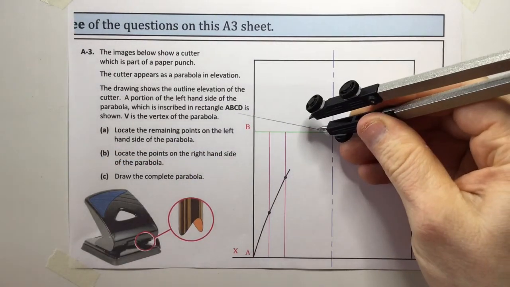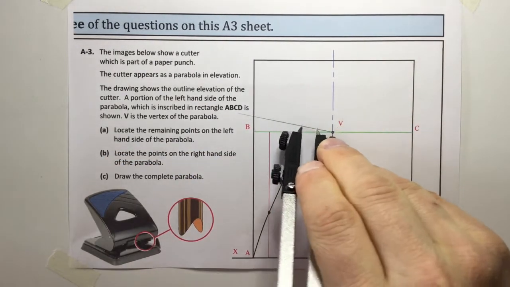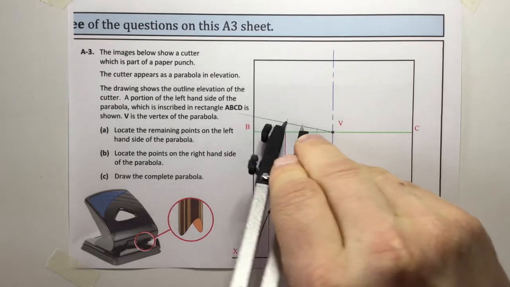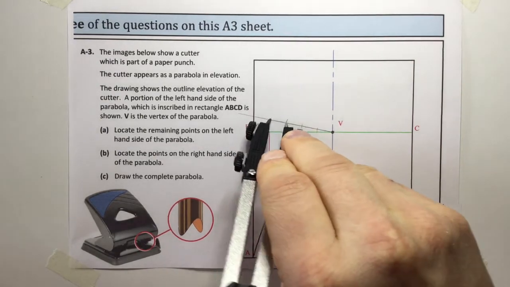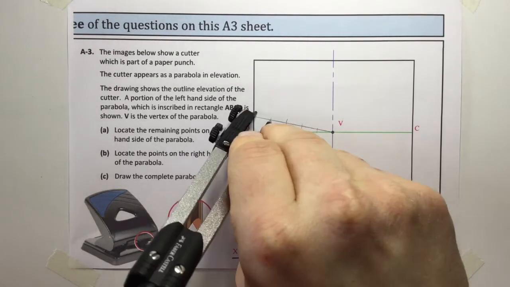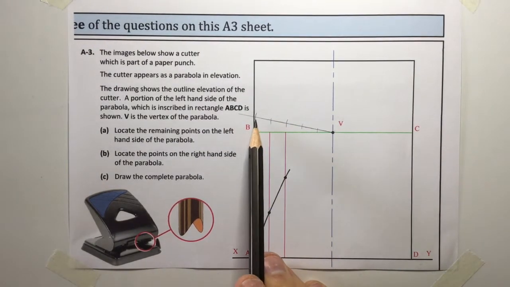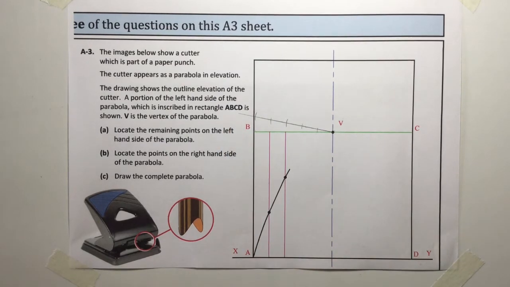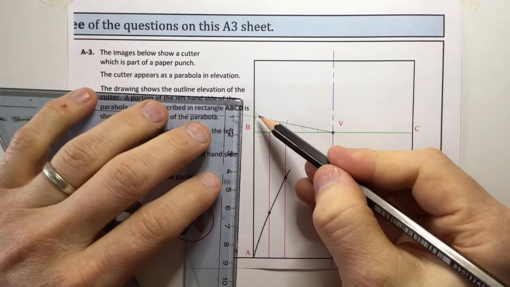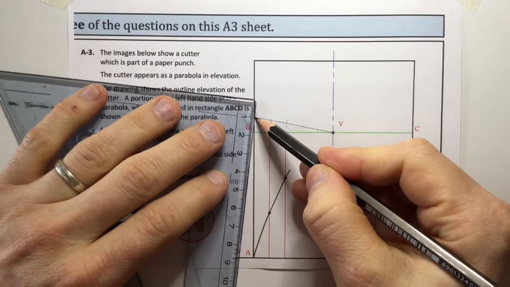So that's 1 division there, 2, 3, 4, and 5. Now, those divisions don't have to be within this line here. They could extend up there like so. So what I need to do now is join that last division back to V,